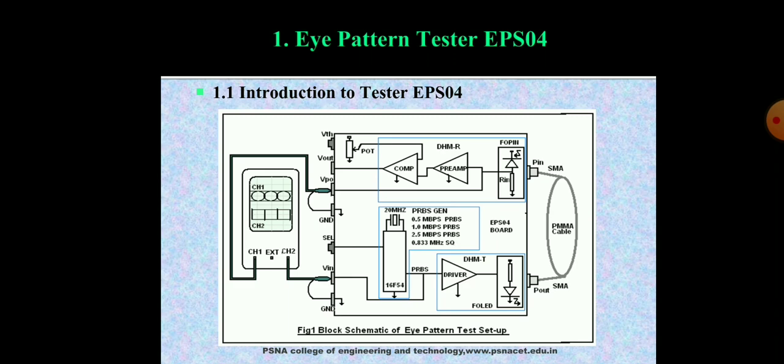The tester EPS04 is centered around two popular and proven optical fiber digital transmission micromodules that have been in use for 20 years. This model designated DHM T660 digital transmitter and DHM-R HS digital receiver are described at length. The models are terminated with industry standard SMA receptacles that facilitate